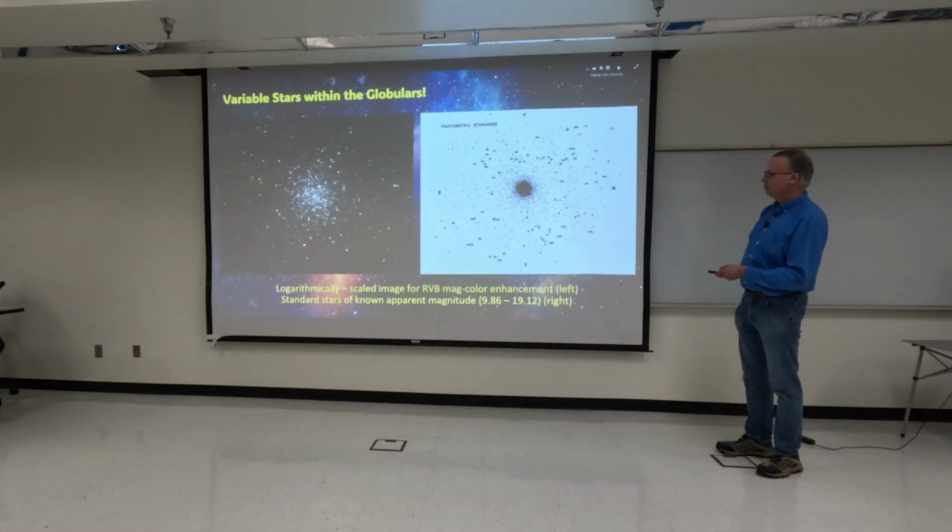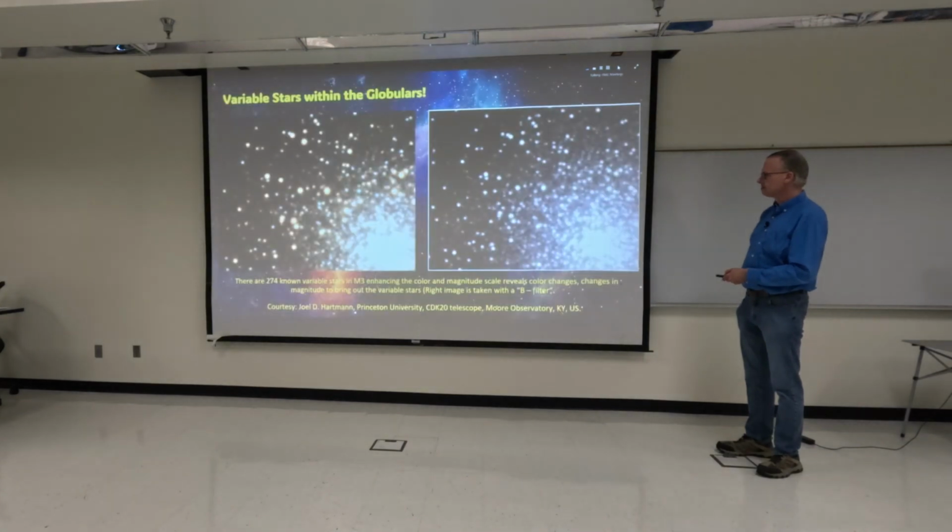This right here, if you look over here where the stars are flickering a bit, this is where we use a logarithmically scaled image. That is, we can enhance the coloring between the red and the blue to see the difference in magnitude. And that can be used to catalog the stars here. I forgot which globular cluster this was, but this allows us to better map out three-dimensionally the size of the globular cluster and the distances of the stars.